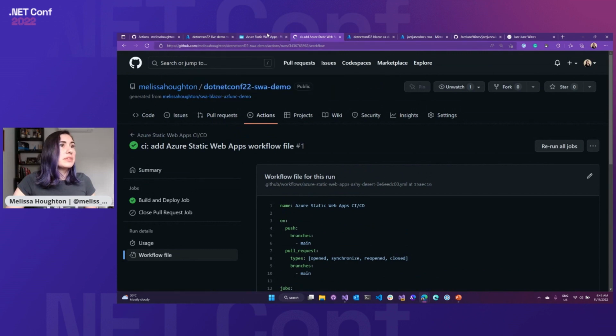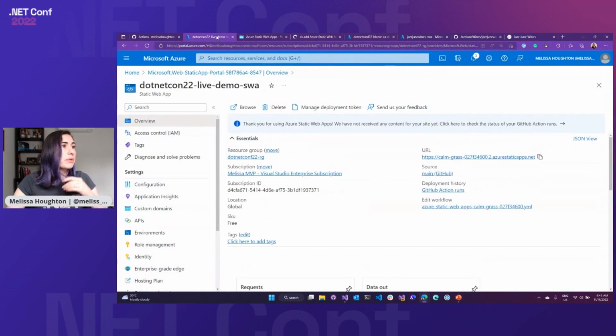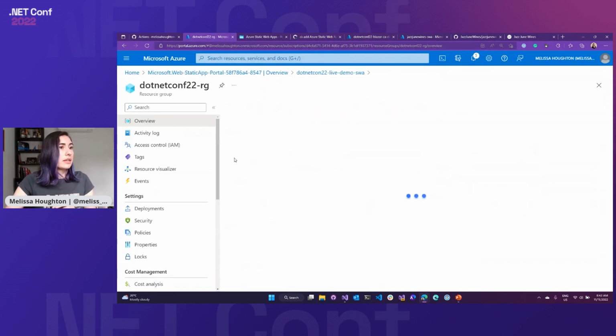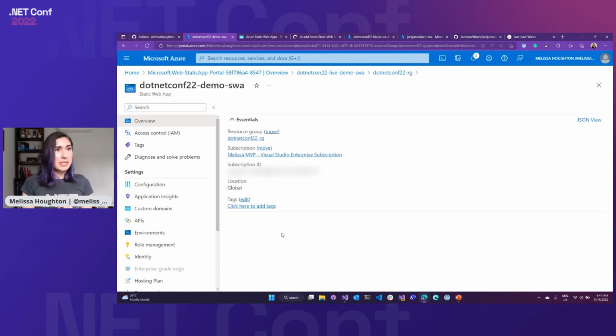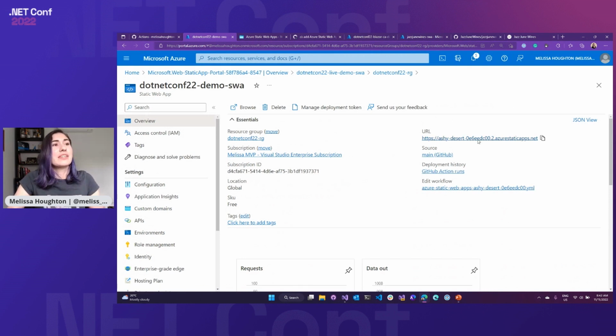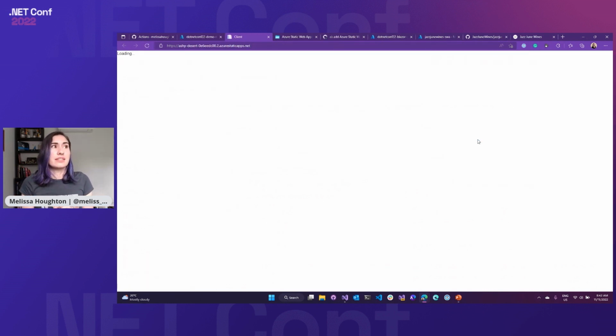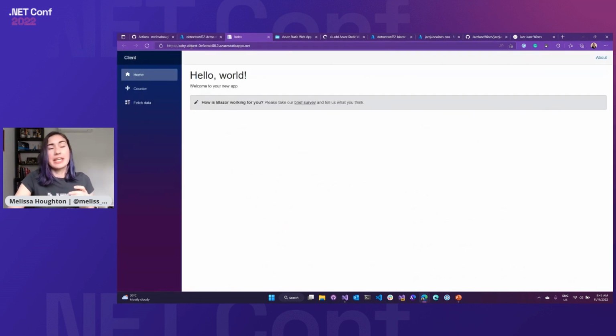But what we can do in the portal, if I go back here, find the static web app that's complete, and go directly to the URL, and it's all up and running. This one's called Ashy Desert, but it's the same thing. So it's just a few steps to get something live that you can start sharing with your team or even yourself. You can use the fun generated URL if you want, but as we said, there's custom domains up there ready for you as well.